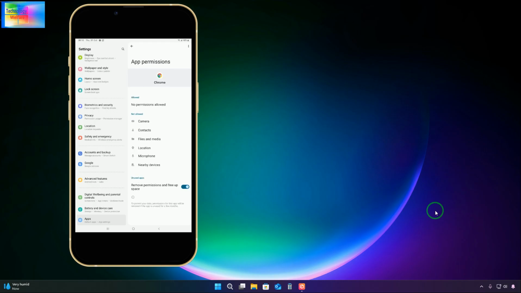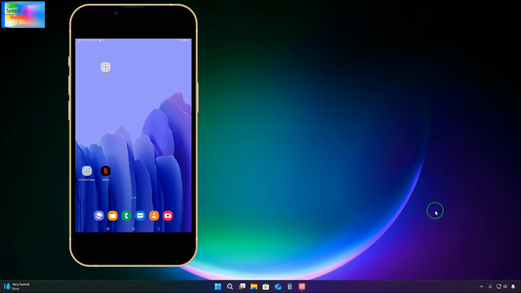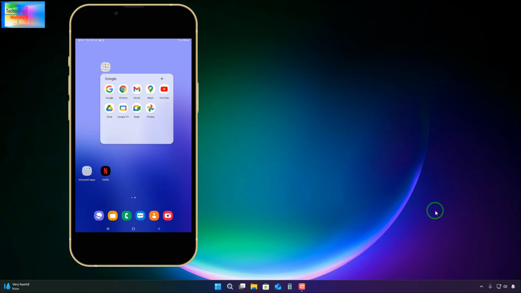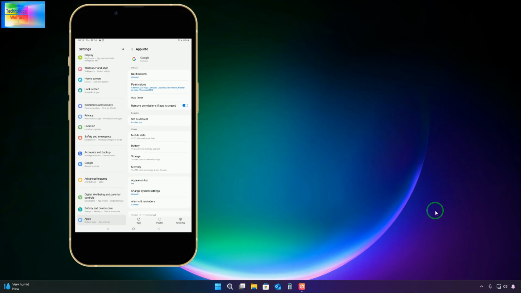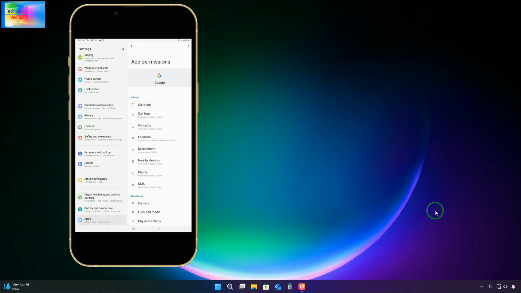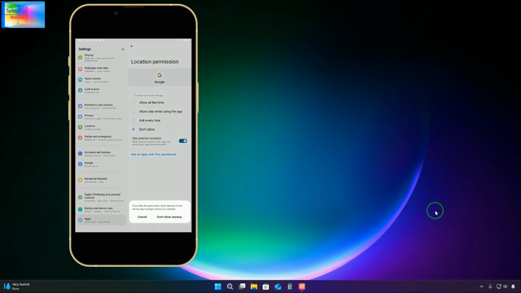We'll go back. Once again we have another Google product, that is the Google browser. Yes, we will click on the info icon and come to permissions, of course we will navigate to location and click on don't allow. So it is asking once again, don't allow. Anyway, we will select these ones. Now what we will do, guys,